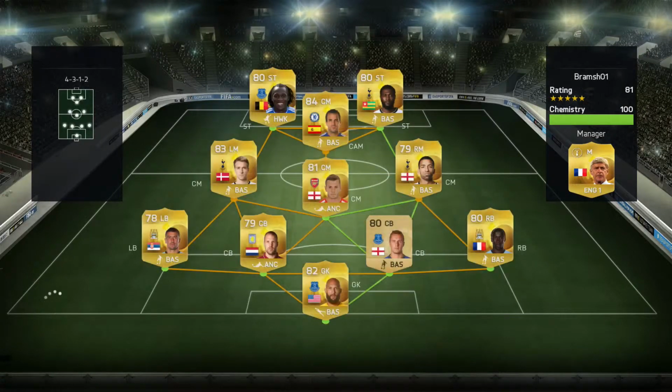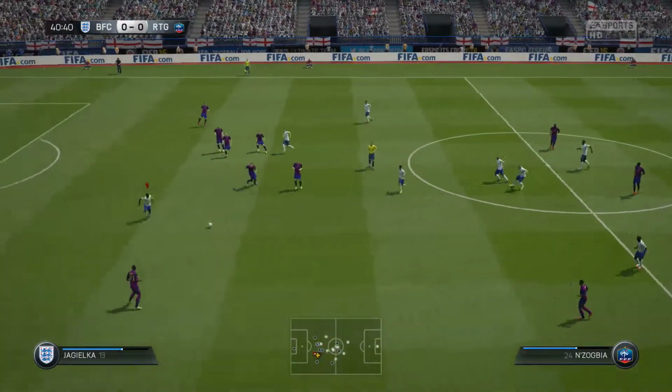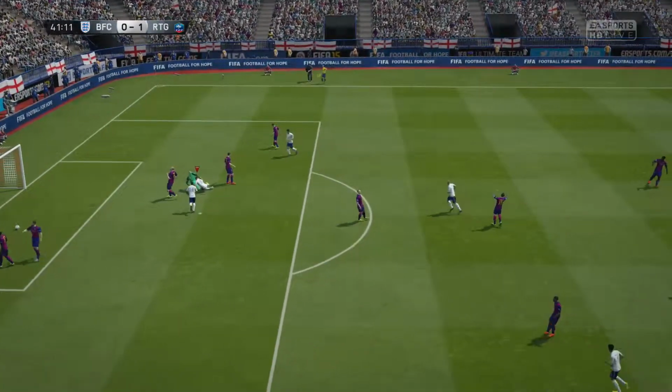And we come against this 4-3-1-2, another BPL squad. Seems to be a very common squad. And again, he hasn't got the fastest defense with Ronvar and Kolarov. So I thought bombing down the right-hand side, maybe I'd be able to take advantage. Jagielka and Sagna aren't the fastest of defenders available on the market as well. So I thought this would be the only place I could win this game, just because I can overrun the defense. And look at that, a fantastic through ball and a fantastic finish indeed to make that